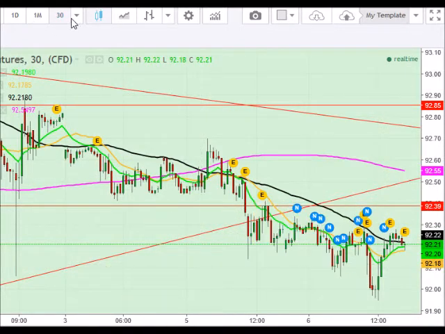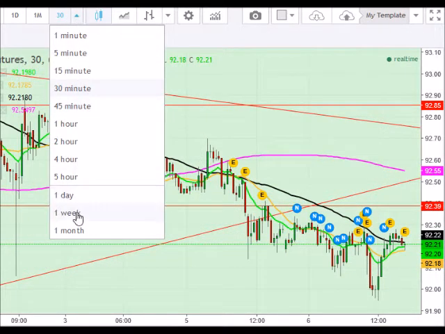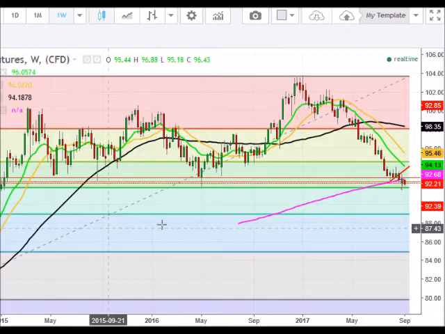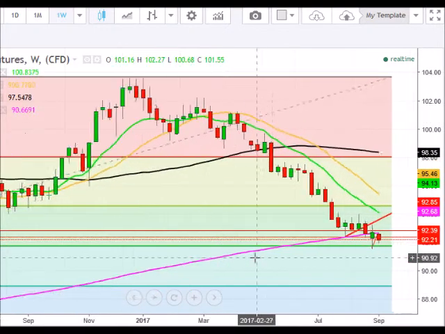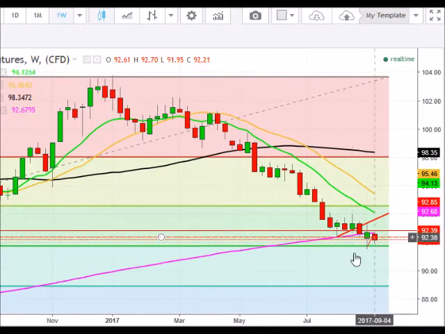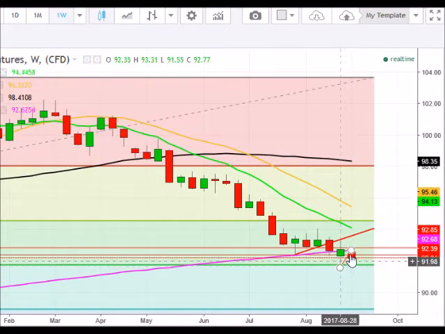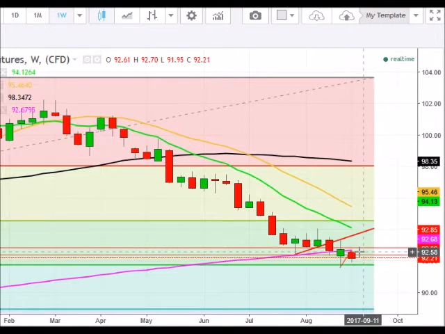Looking at the weekly time frame, let's take a look at it this way. We have been holding near this 200 period simple moving average here, and the highs of the week were near the 92.60 level. So in order for this candle to really change things around, Thursday and Friday, the bulls are going to have to get themselves in line and drive the price above this 200